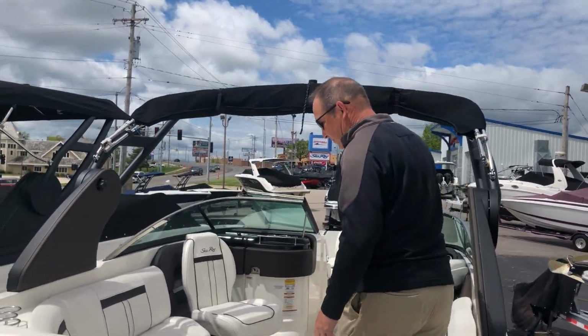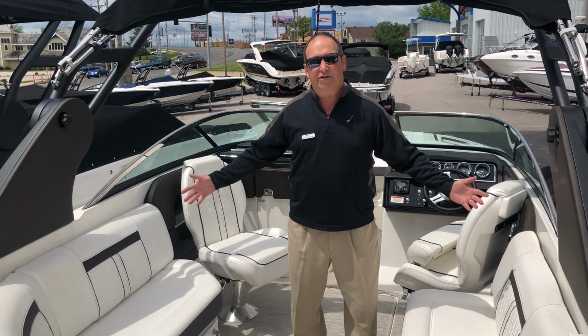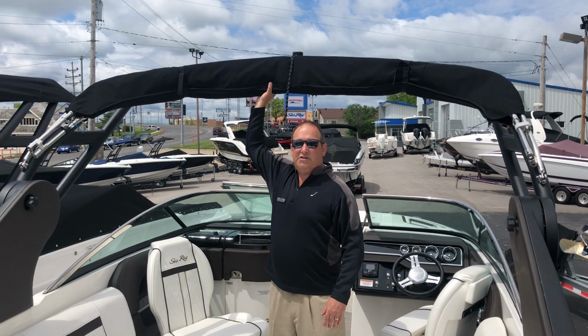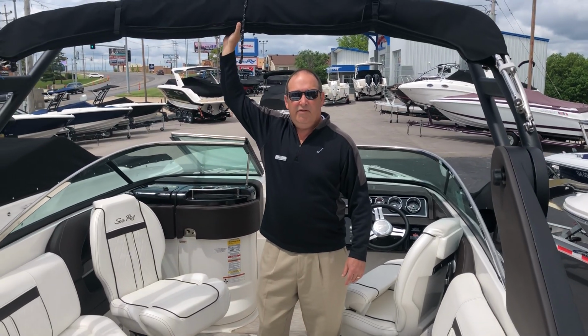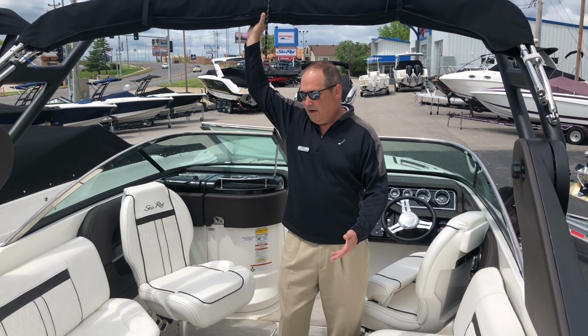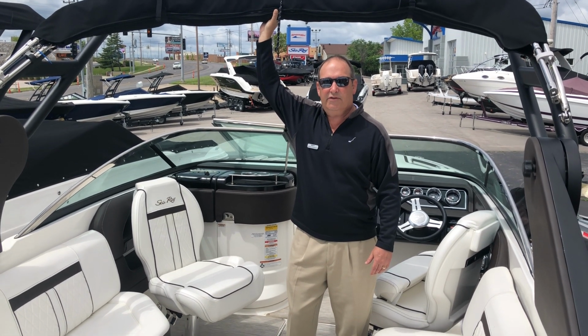As you walk through the transom, you've got an 8-foot wide beam that allows plenty of room for you and your passengers and all the gear that you need. The upgraded sports tower allows all of your friends and family to tube and ski. Have you ever forgot that air compressor? Well, we have you covered. We've got one included with the boat so you can inflate all your tubes and your water toys